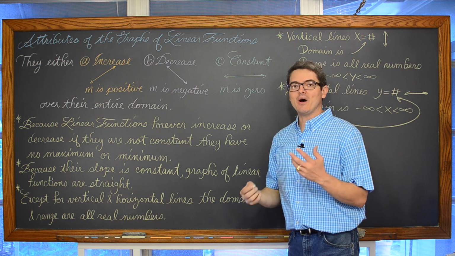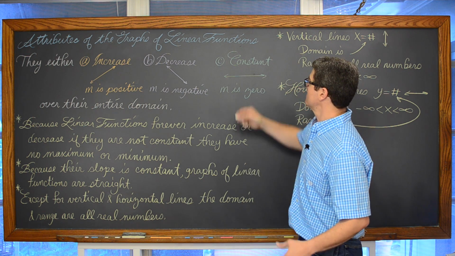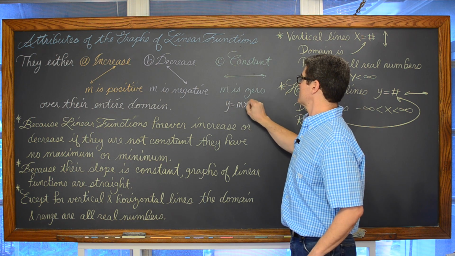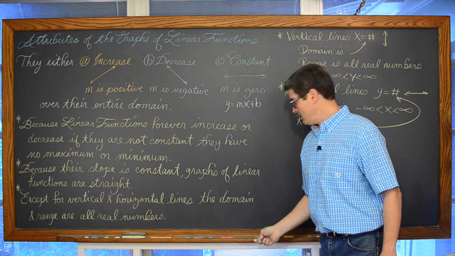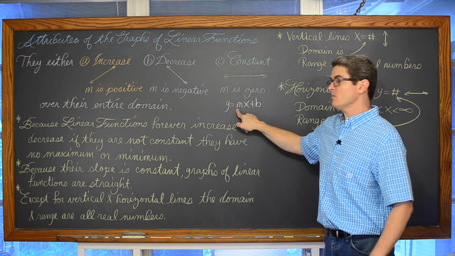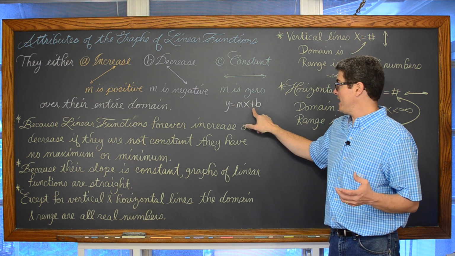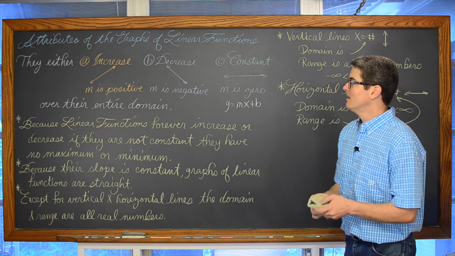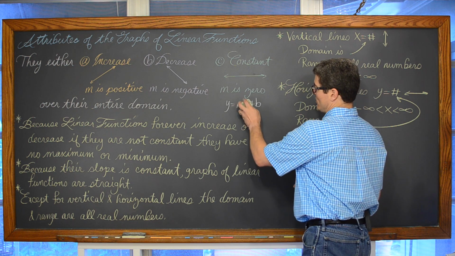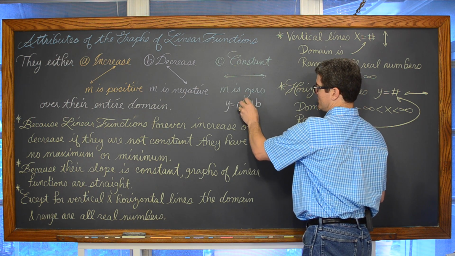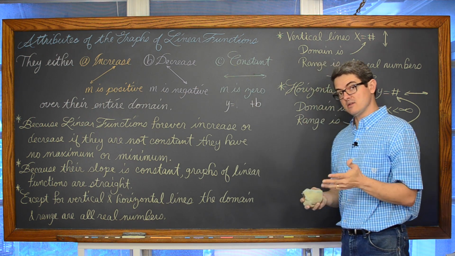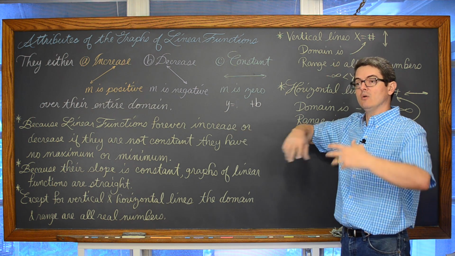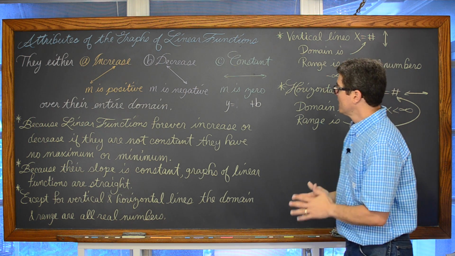And since we're talking about y equals mx plus b, for the constant equation, if your slope is equal to 0, then x times 0 is 0. When you add 0, nothing really seems to happen. So when you have a constant linear function, a line which is horizontal, the equation is going to just look like y is equal to b. There's no x because that slope is equal to 0, and x times 0 is 0.